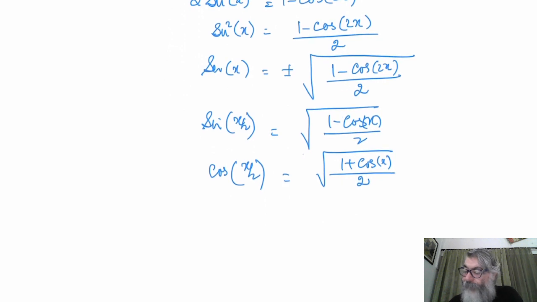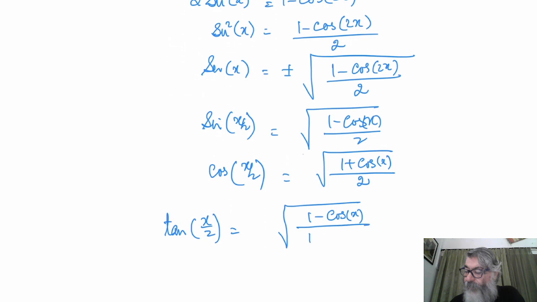So if I calculate the value of tan x upon 2 by dividing sin x by 2 by cos x by 2, what value will I get? I'll get 1 minus cos x upon 1 plus cos x. We used to get tan x is equal to 1 minus cos 2x upon 1 plus cos 2x. But because I am using half the angle, on the other side it will become double that angle. X by 2 into 2 is x. Now I have to find half the angle, 22 and a half.